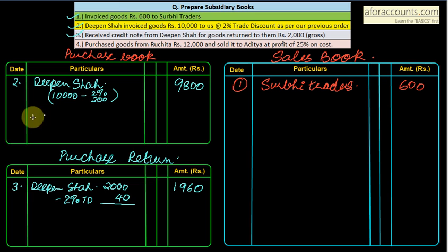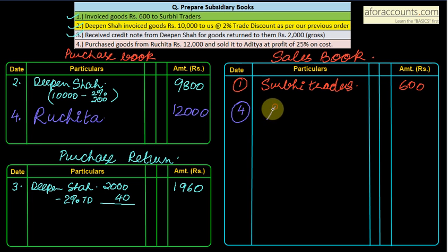So in purchase book, Ruchita, I have purchased from Ruchita for rupees 12,000. Purchase goods from Ruchita 12,000 and sold to Aditya, means in sales book I am selling it to Aditya